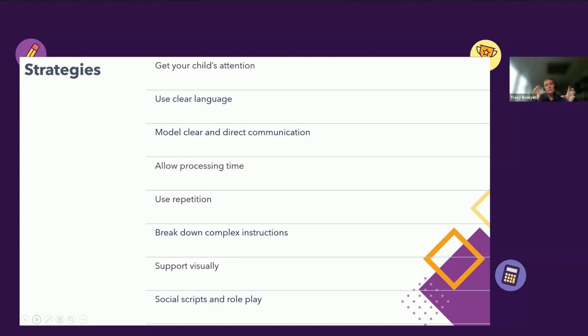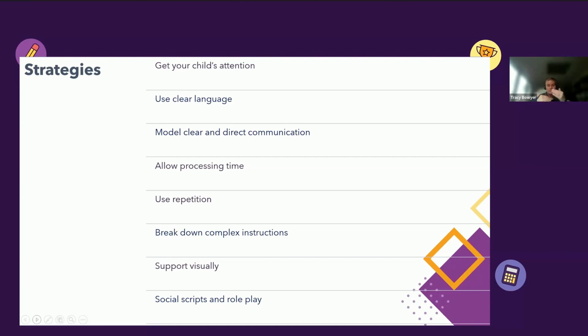I know certainly where I used to work in an early years setting, for one young person in particular, when we gave a group instruction, if we didn't use his name first, he didn't realise that we were including him in that group direction. So he wouldn't get up and complete those instructions. So it might be that you need to let your young person know that you are communicating with them, that you're speaking to them,